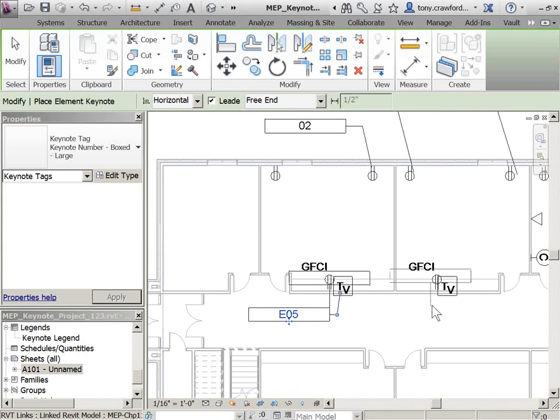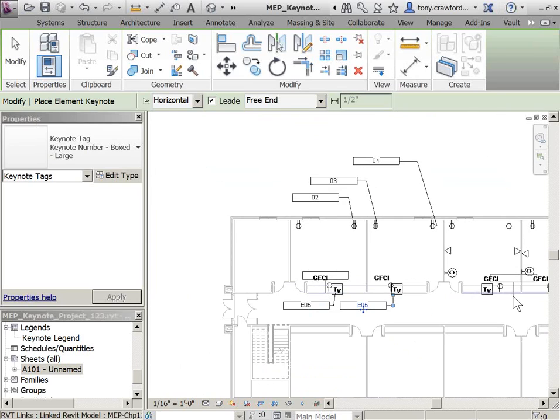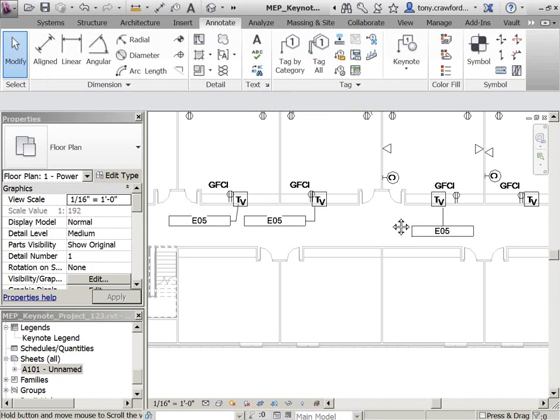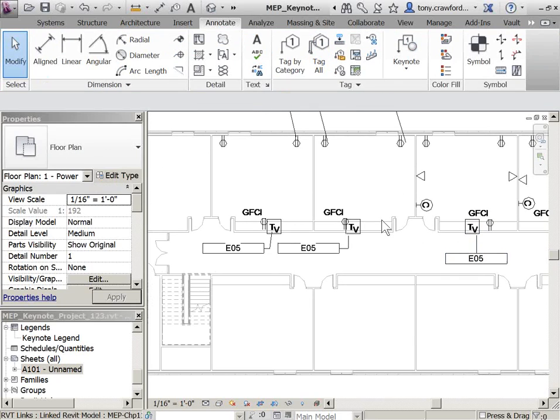I don't have to go to that dialog box. If I do another TV, it knows that it's 5. I do have other TVs in here. I'll select that one and the command, and it knows that the element keynote assigned to this object is E05. Although,